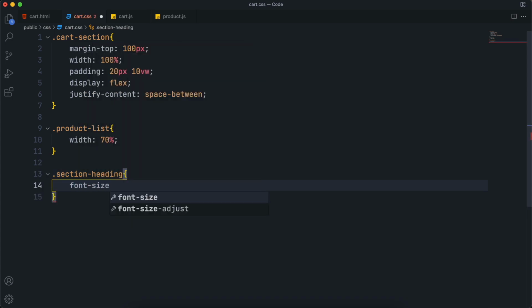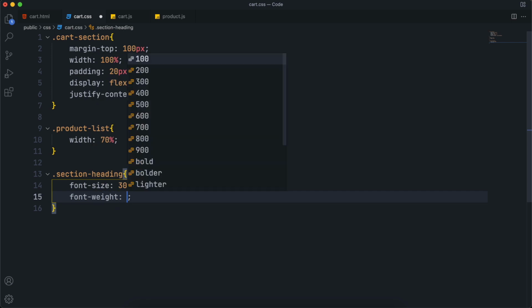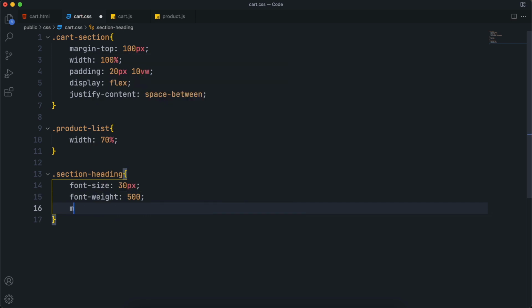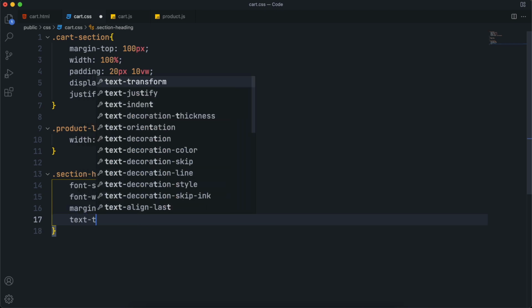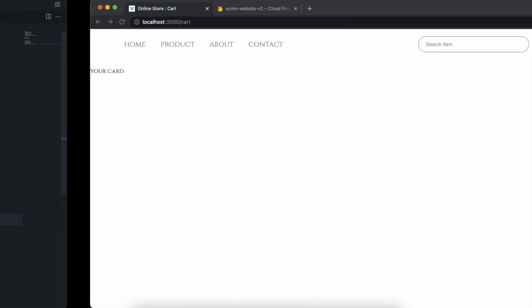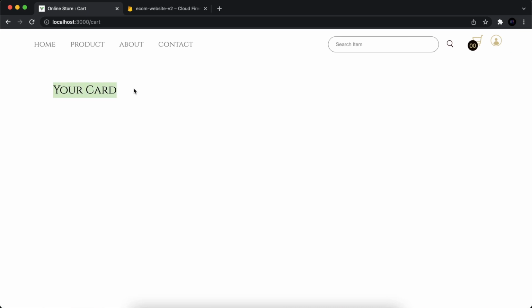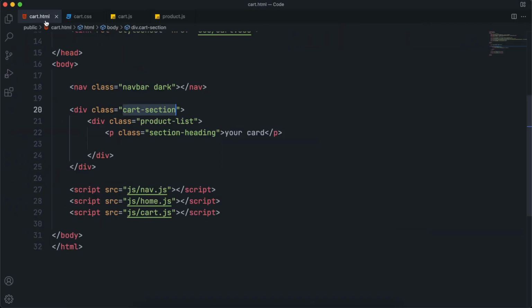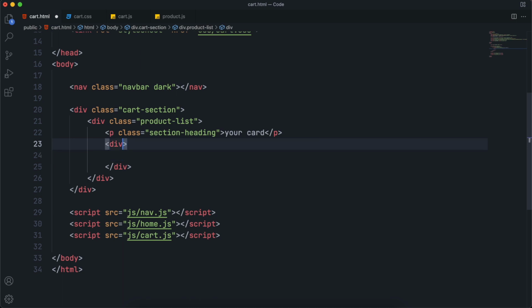Now let's style the section heading. So set its font size to maybe 30 pixels and then give it a font weight of 500 to make it a little bold. Give it a margin, let's say 20 pixels, and set text transform to capitalize. After this p element, make another div element and give it a class, let's say cart container.